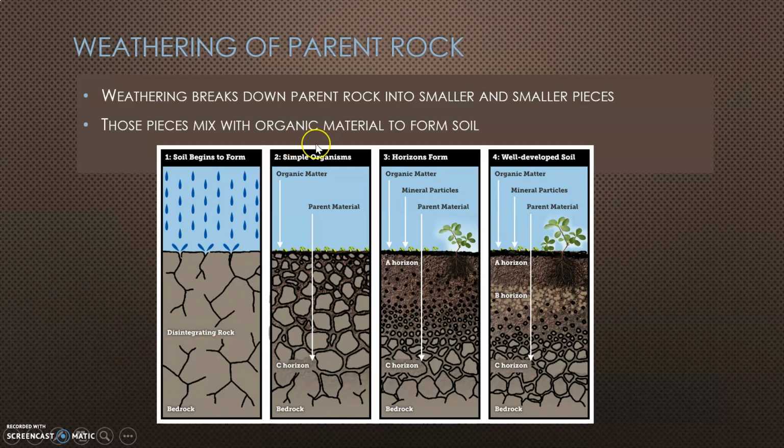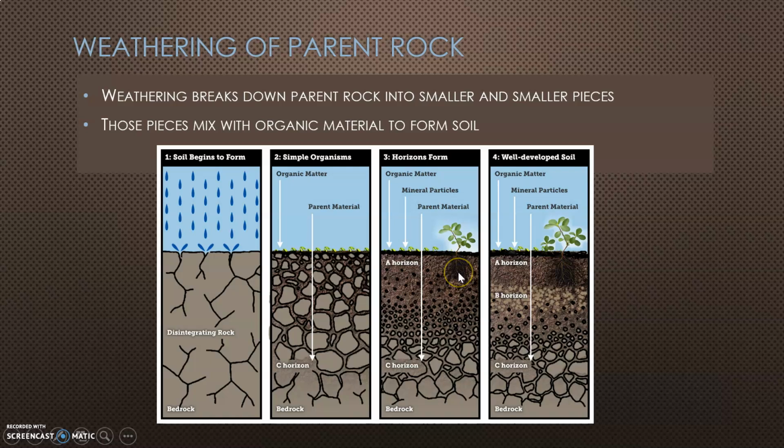In stage 2, simple organisms start to appear, such as organic matter, maybe a small fine grass. Then you have your parent material, and you slowly have parent material breaking apart. In stage 3, the horizons start to form. Your organic matter is on the surface with mineral particles, your parent rock and your bedrock are down here, and then you start to see layers forming in between where that parent rock is slowly breaking up and continually getting